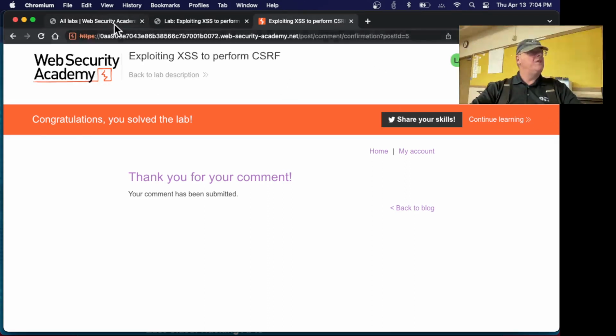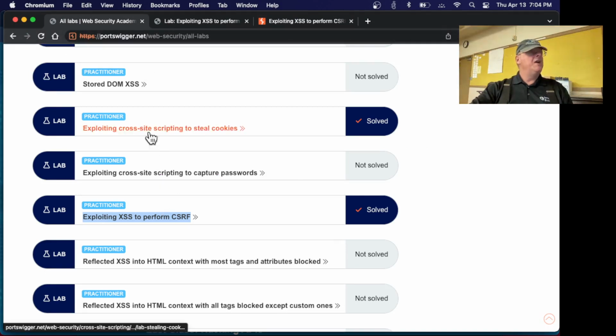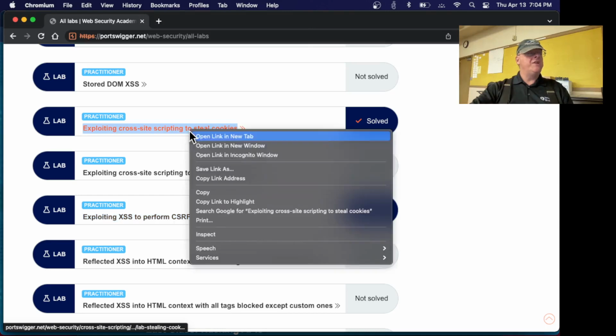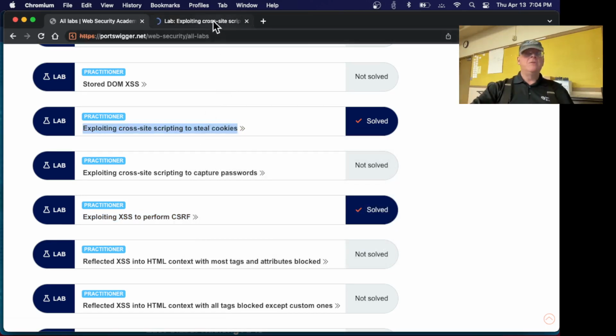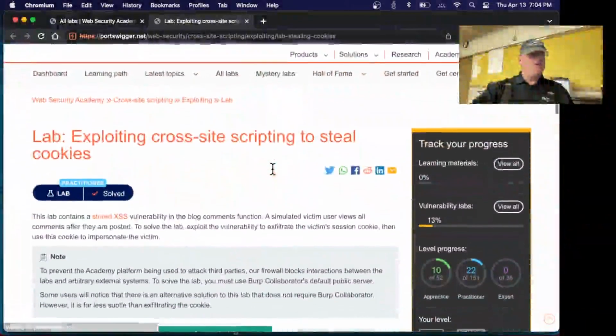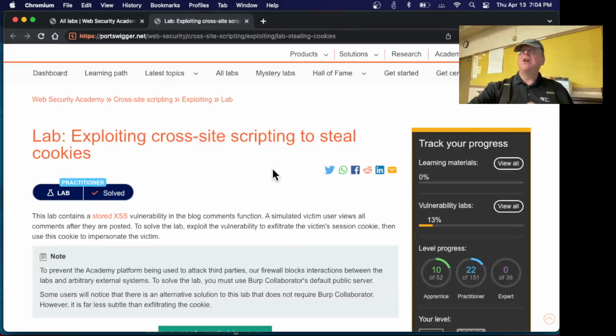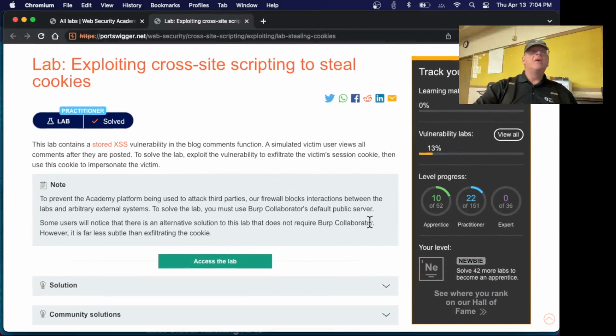And the second one that goes with it is we're going to do this one. Now this one, we're going to use the same technique, although it's really not the best technique. Now this one is where you steal somebody's cookie. And the best way to do it is to get Burp Professional, which I don't have. And then you can use their Burp Collaborator,